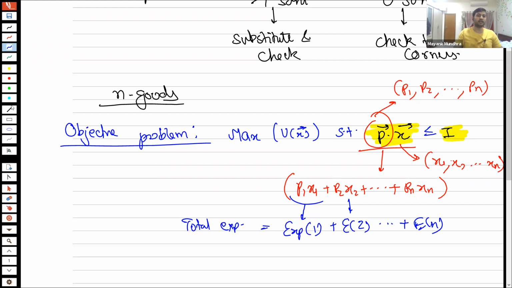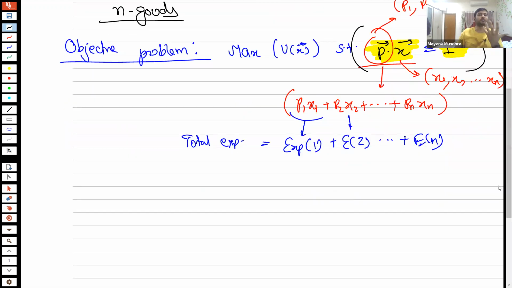So the right hand side is nothing but the budget constraint: p dot x is less than or equal to y. Now certain questions might give you prices as non-constant. You can have price as a function of x. Let's say one of the goods is electricity. We all know that for electricity, the prices change as you change your consumption. The question bank I'll give you will have a lot of cases in which prices are going to be non-constant.